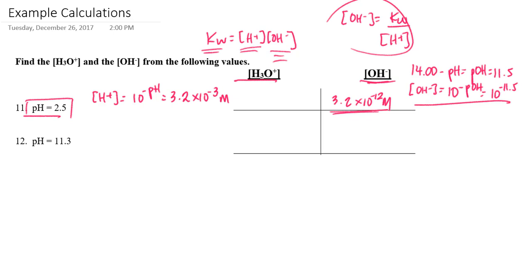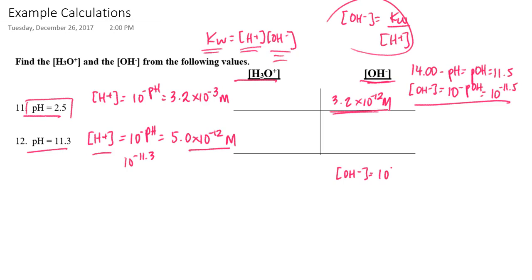Let's do one more example. So here I have a pH of 11.3. If I want to find the hydrogen ion concentration, then I'm going to take 10 and raise it to the negative pH power. So that would be again 10 to the negative 11.3. If I go ahead and calculate that out, I get 5.0 times 10 to the negative 12th molar for my hydrogen ion concentration. Now, if I want to find the OH concentration,